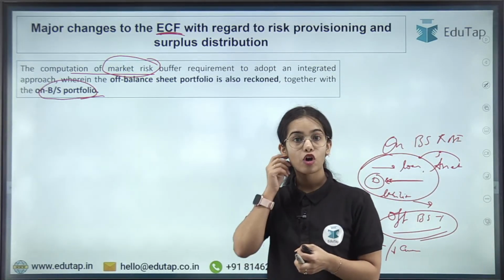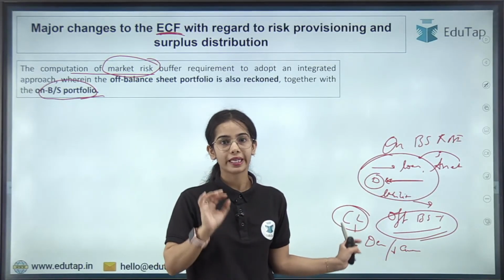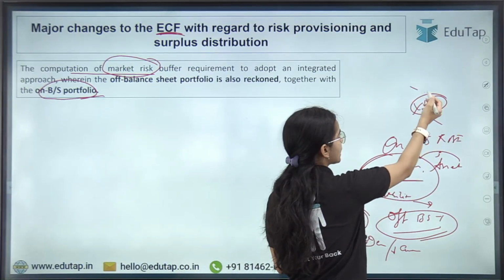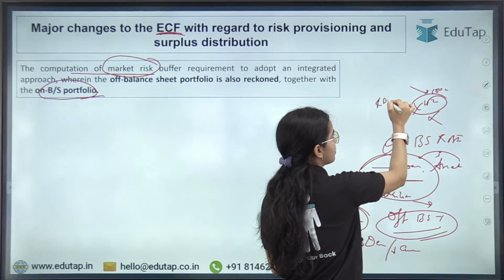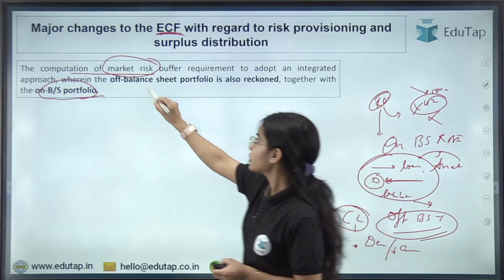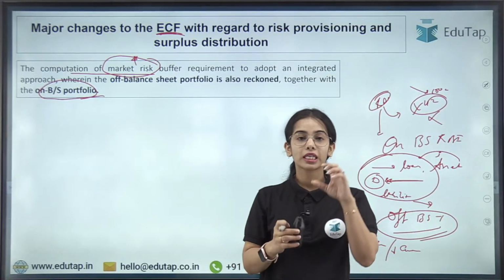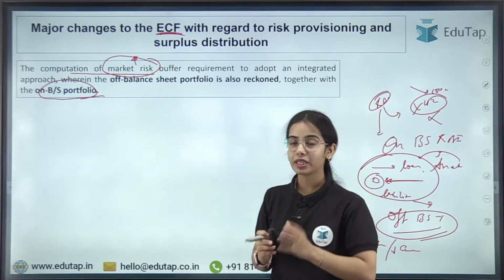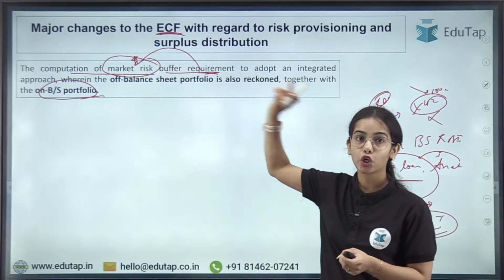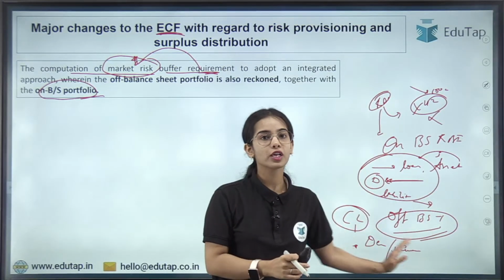Clear? Off balance sheet consists of the contingent liabilities that can come in the future, like the RBI has given a guarantee on behalf of XYZ, which is failing, so it has taken a loan of 100 crores, so the RBI will be liable to pay those 100 crores to the bank. Okay, so this is the idea. Now the computation of the market risk buffer: as per the internal review, the market risk buffer requirement, that is, how much of the buffers have to be maintained for the market risk, will depend not only on the on balance sheet portfolio, but also on the off balance sheet portfolio.